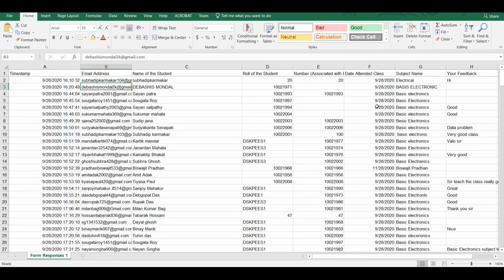Now we will use this Excel file to calculate their marks based on the attendance, and it will be done automatically. So it will reduce our work hours and reduce the boring stuff of our daily work.